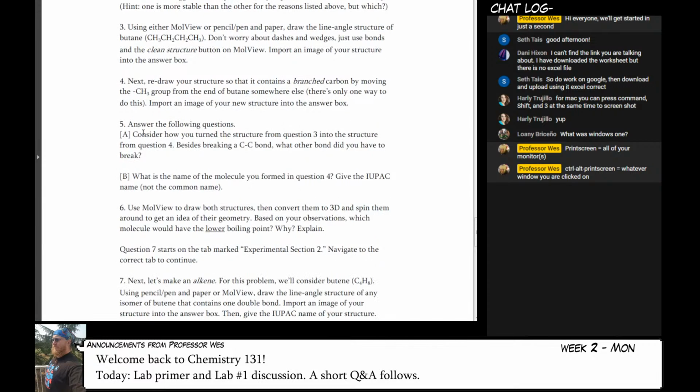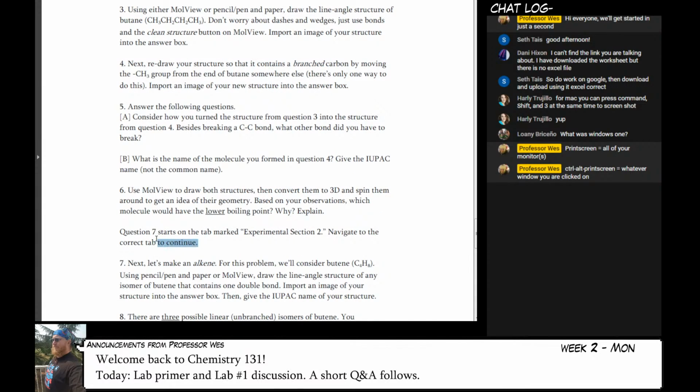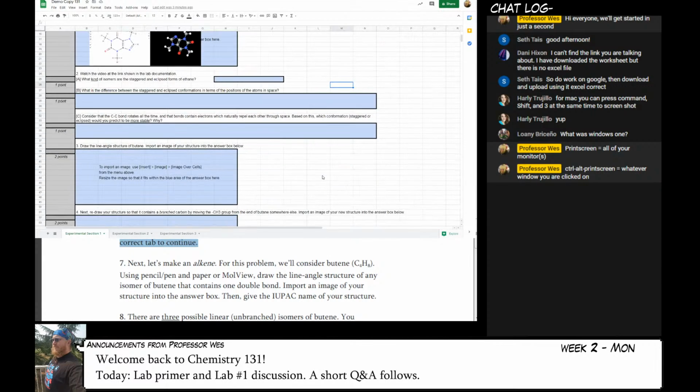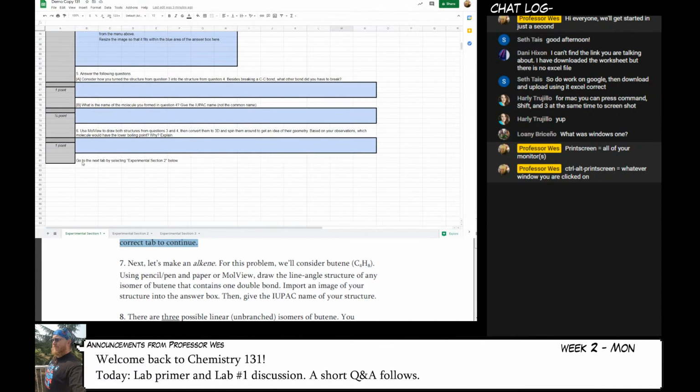And then I just keep asking you questions. And then at some point you see this. Question 7 starts on the tab marked Experimental Section 2. So what you want to do in that case is... That's not the right thing. There we go. So once you get to that point and you're done answering these questions, go to the next